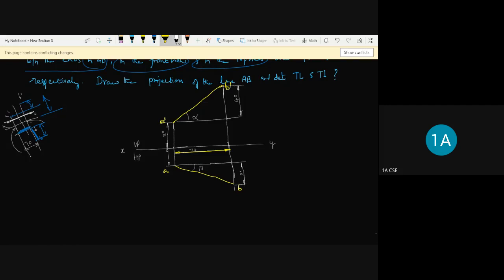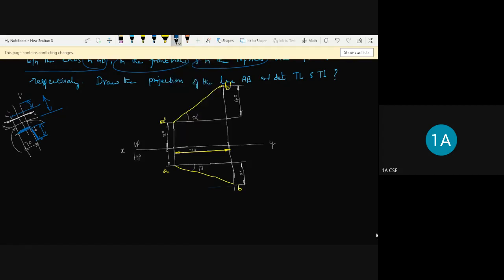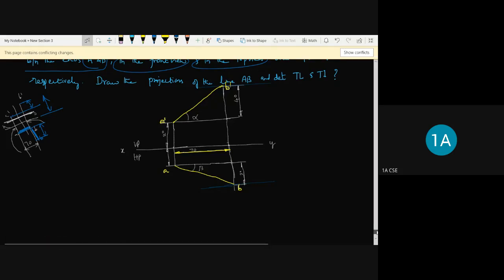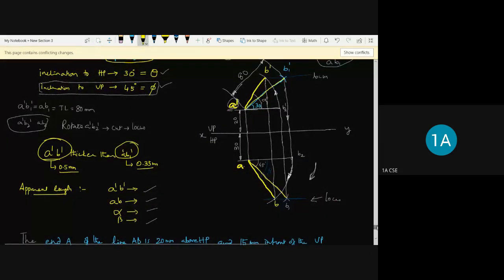Now in a similar fashion, draw the locus through B and through B dash. Okay, so now how did you get this B dash point? That is what we need to think about first. See here, if you look at the previous sum, you have to go in reverse now. B dash is obtained from B2 dash, because we took A dash as the center and A dash B2 dash as the radius, and drew an arc so that you get B dash.